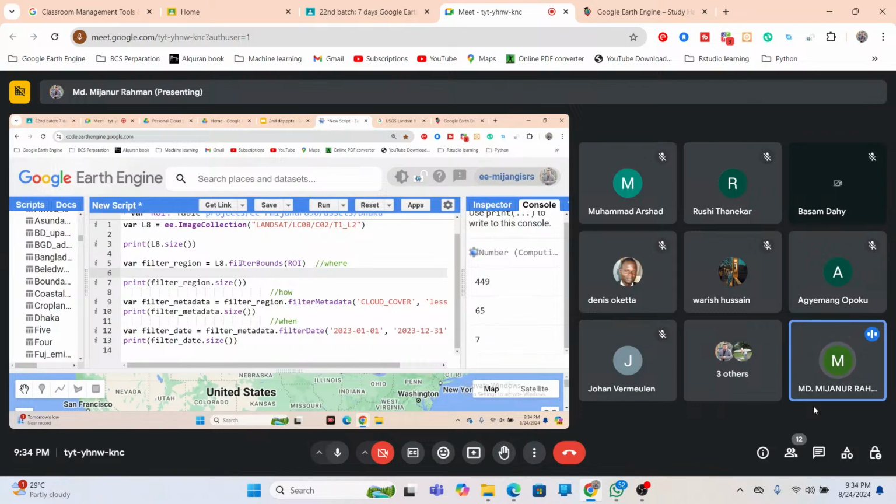collection. So first of all, here you can see when I check how many images are available for my study area, we find out 449 images. When I check from those 449 images how many have less than 1% cloud cover, we find out 65 images have less than 1% cloud cover. From 65 images, when I check how many are available in the year 2023, we find out only 7